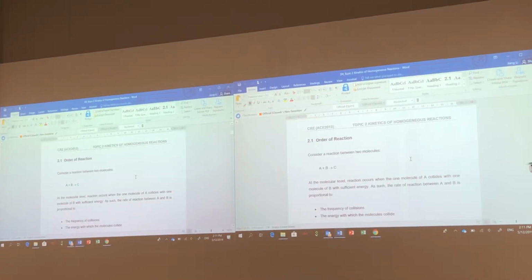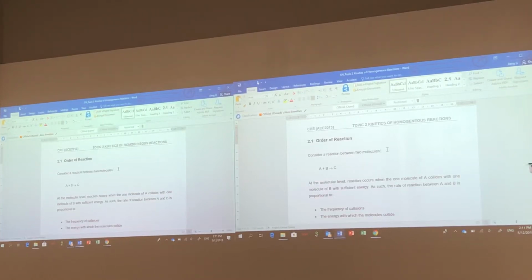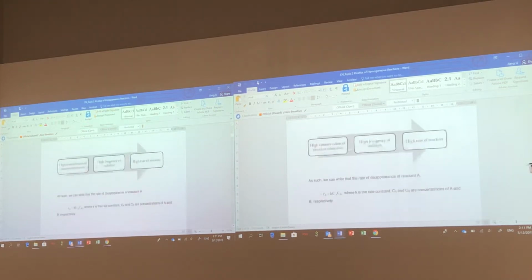Okay, topic 2, the first important concept is the order of reaction. Remember, we already mentioned the order of reaction can be any number. Can be 0, can be 2.2, just like the tutorial, 2.3, like that. 0.4, can be any values. Okay? Alright, so the definition,